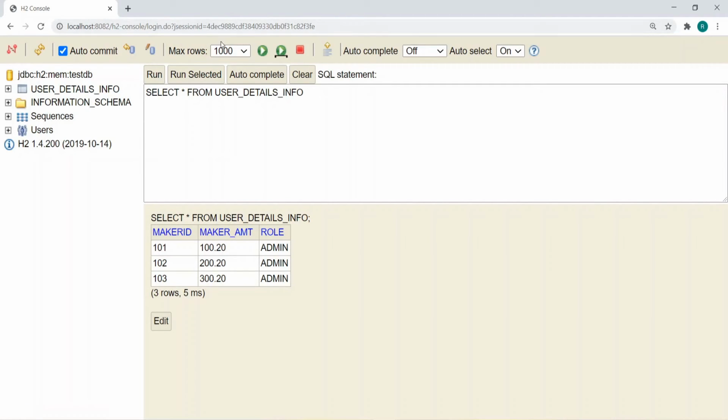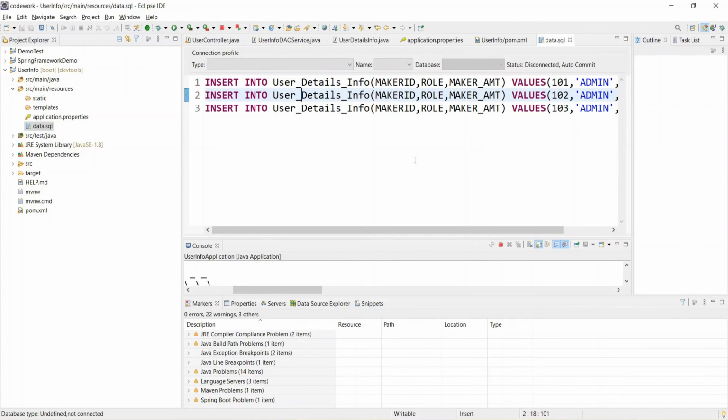So now we have logged into the H2 console, connected with the H2 database, and created a table in the H2 database using the entity annotation. We are able to load the data from our SQL file to the table. So all are set. Now we have the platform where we have a table and we have data. Now we need to see how to read this data from services like RESTful services, and how you perform operations like get, put or delete on this entity. We'll see that in the next step.